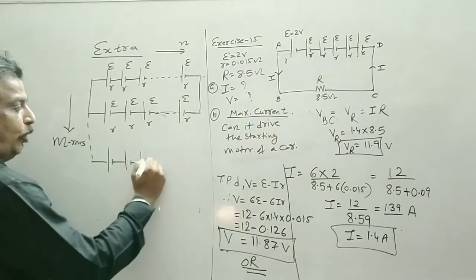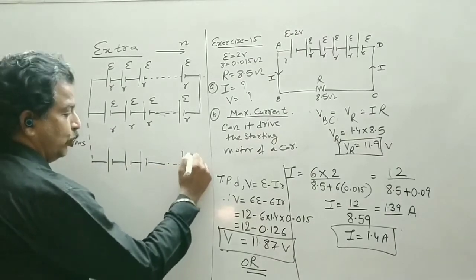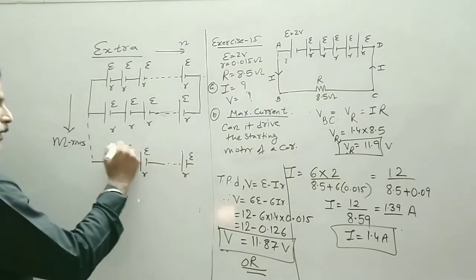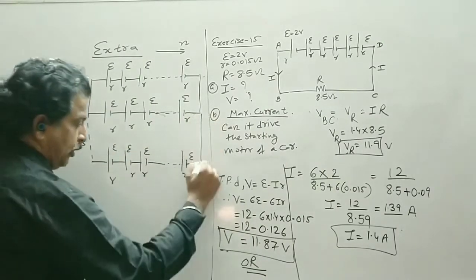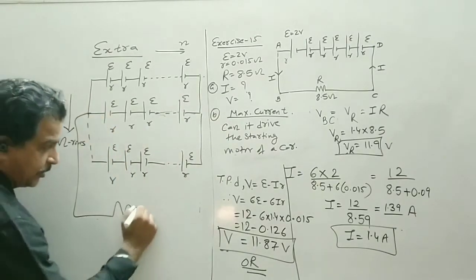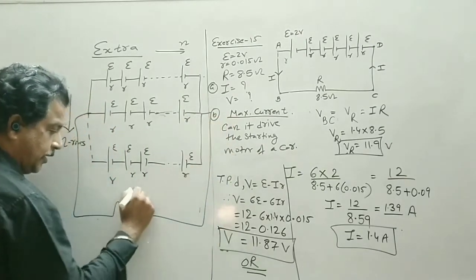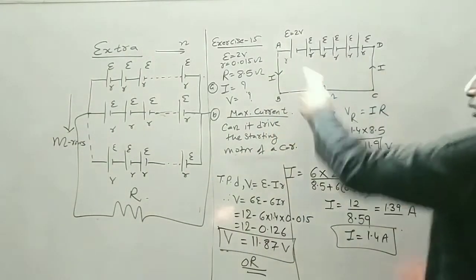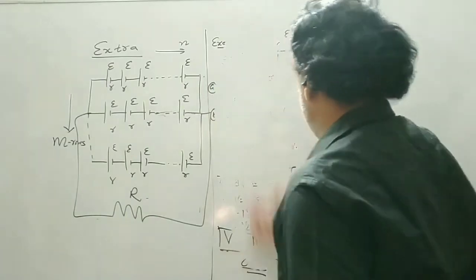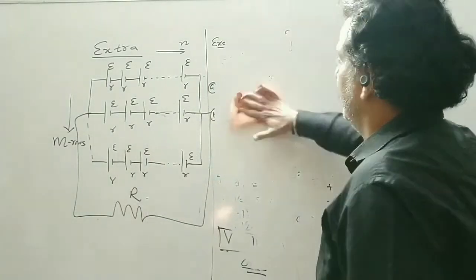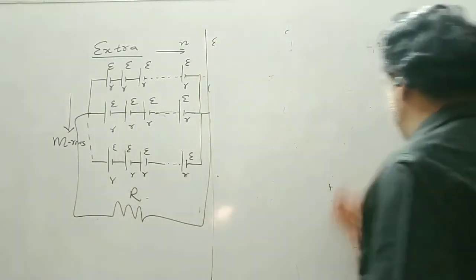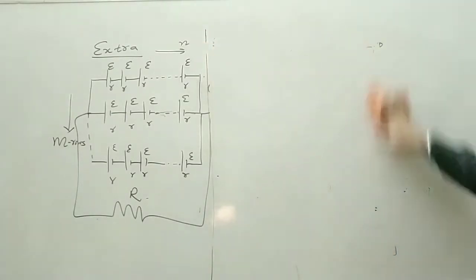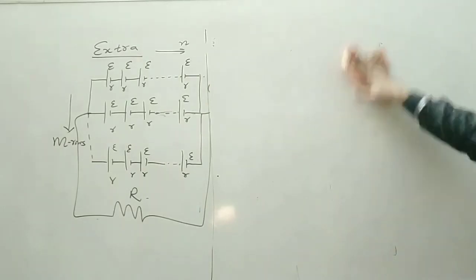Now this combination, suppose, is connected to the external resistance. Say this is an external resistance, capital R. So this is the mixed combination like this. This was a series combination. Now this is called a mixed combination. There are n number of cells connected in series and we have m such rows.